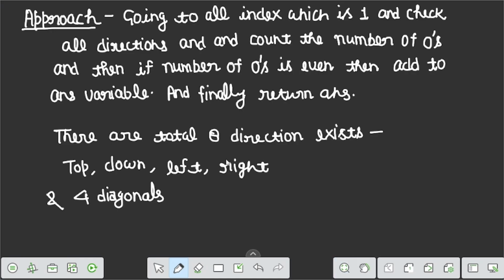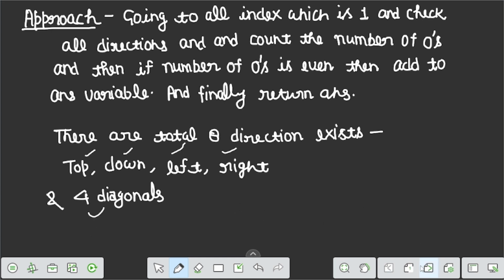So the approach is very simple: go to every index which is 1, check all directions and count the number of zeros, and if the number of zeros is even, add to the answer variable and finally return the answer. There are a total of 8 possible directions: top, down, left, right and 4 diagonals.